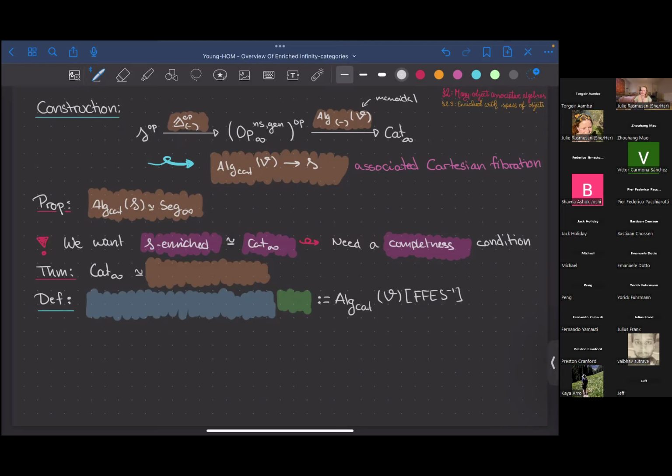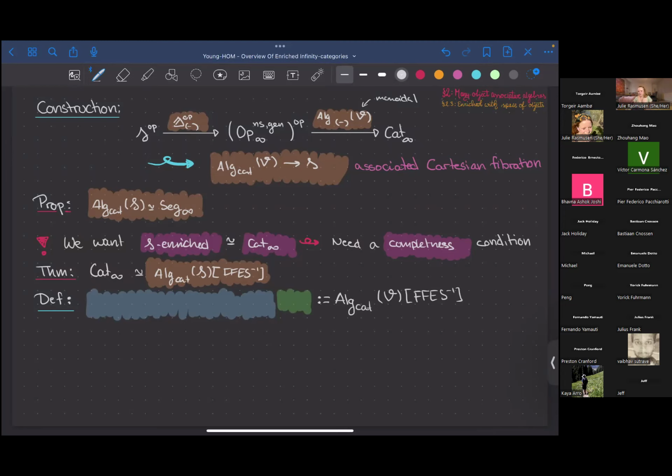But what I do want to say is that it's a result that the category of infinity categories is equivalent to the category of categorical S algebras localized at a suitable version of fully faithful, essentially surjective enriched